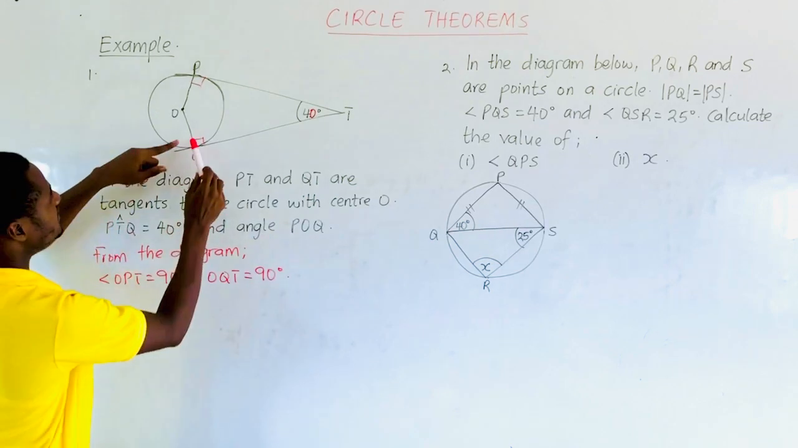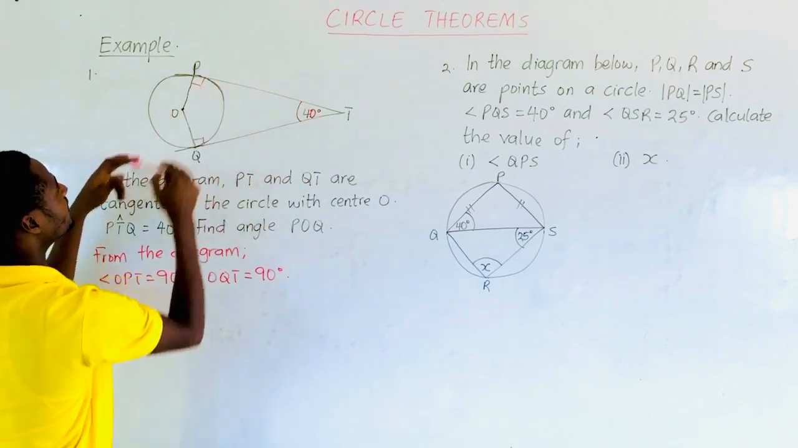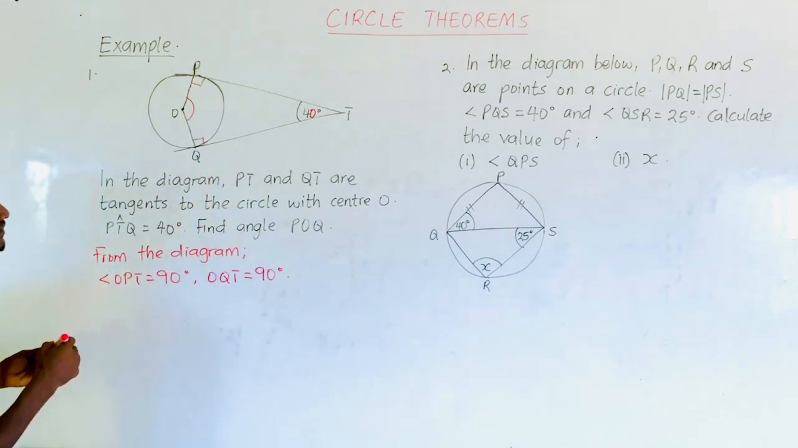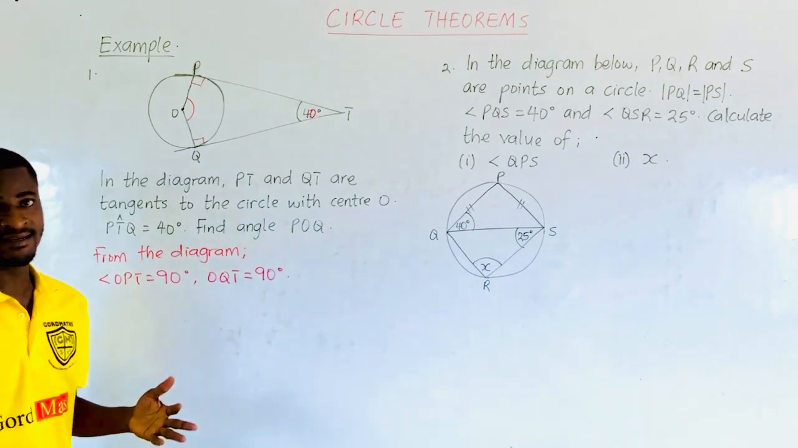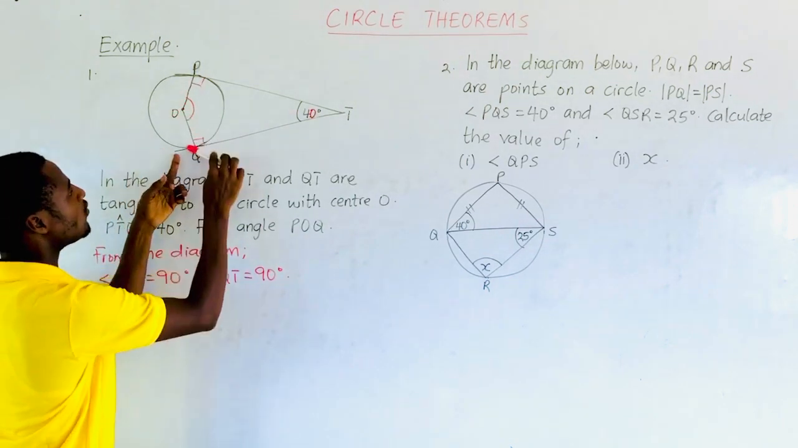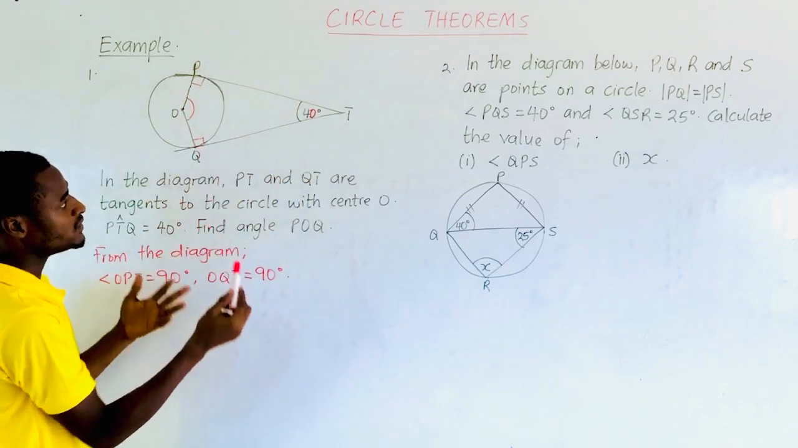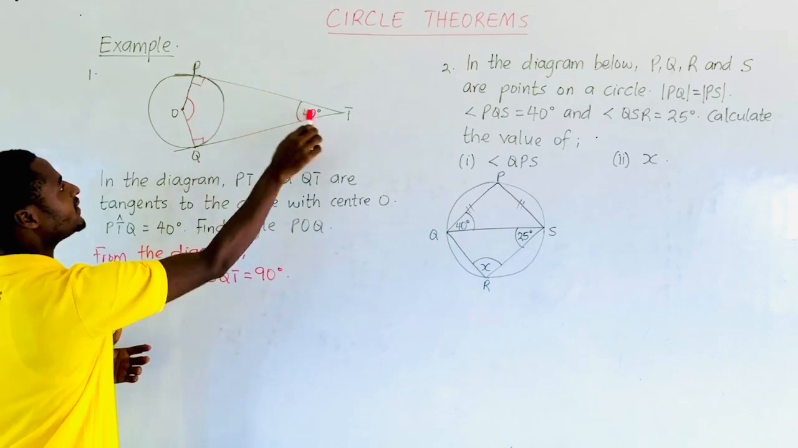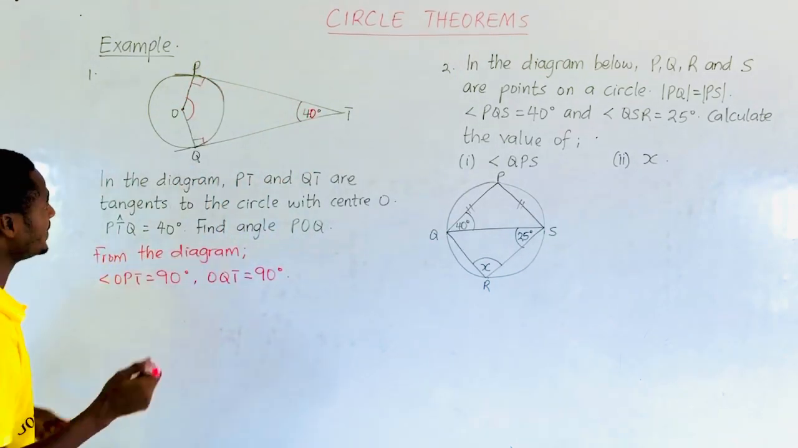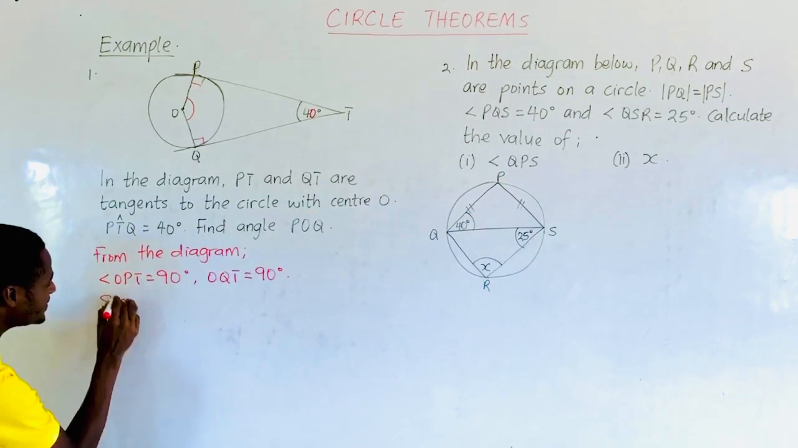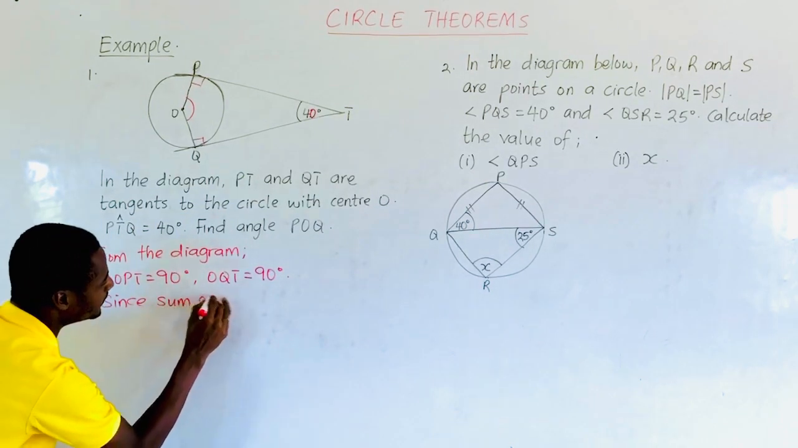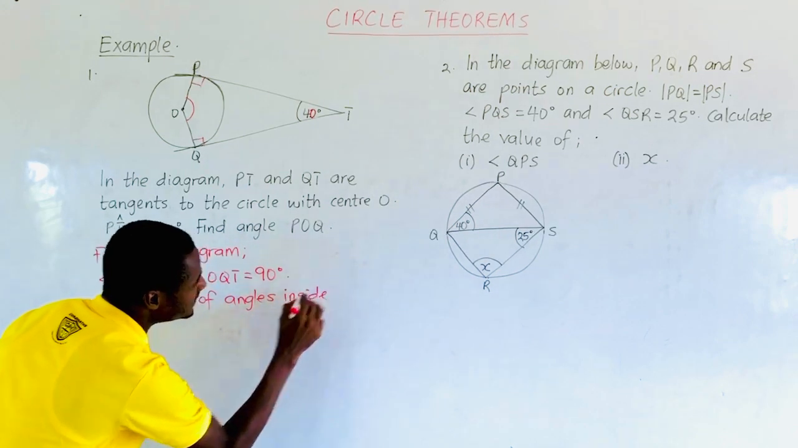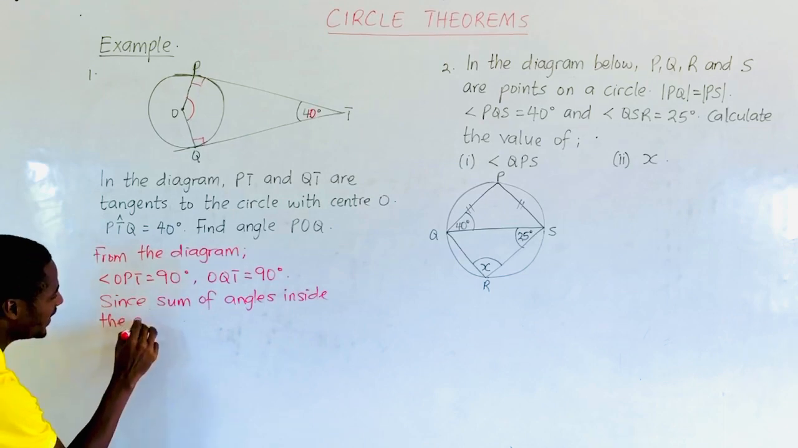Then the sum of angles inside a quadrilateral is 360 degrees. A quadrilateral is any four-sided figure. So since this figure has 1, 2, 3, 4 sides, we will say that it is a quadrilateral. And the sum of the angles inside a quadrilateral is 360 degrees. So we will say that since sum of angles inside the quadrilateral